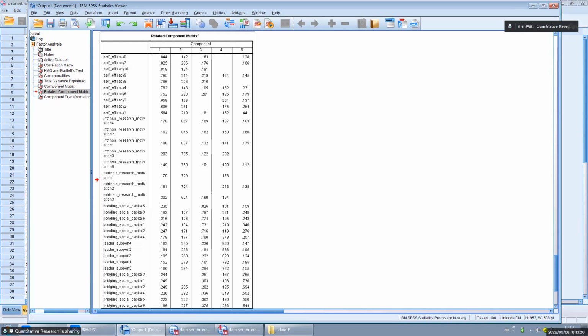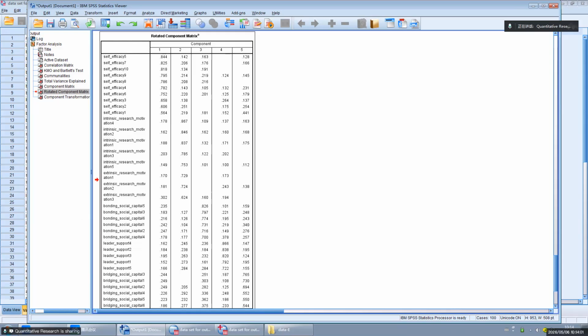Okay, so next question is, now since we already found the problem, how do we deal with this problem? How do we deal with that? Change the factor name, like motivation, right? Yes. So you have to know, if you conduct EFA, and the EFA tells you that they are 1 factor,